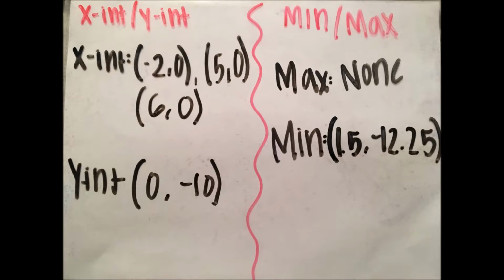And then the y-intercept is at (0, -10), and that is also found with the graph x squared minus 3x minus 10. And so there is no max of the graph because there is no point where there's an explicit max. And then the min of the graph is at (1.5, -12.25), and that x value was found by finding the vertex of the x squared minus 3x minus 10 by taking 3 over 2 and then plugging 3 halves back into the equation to get the y value of